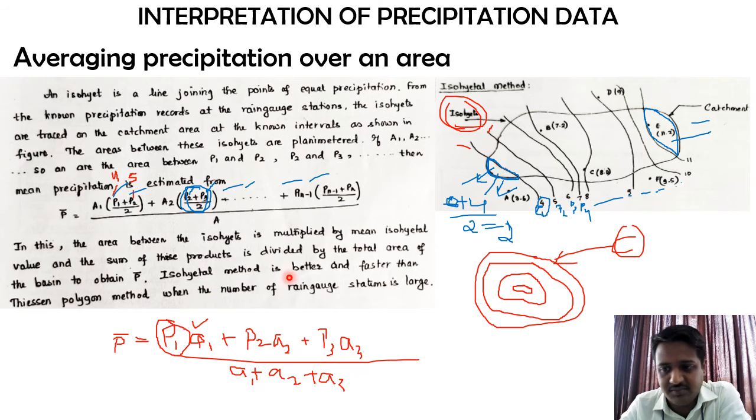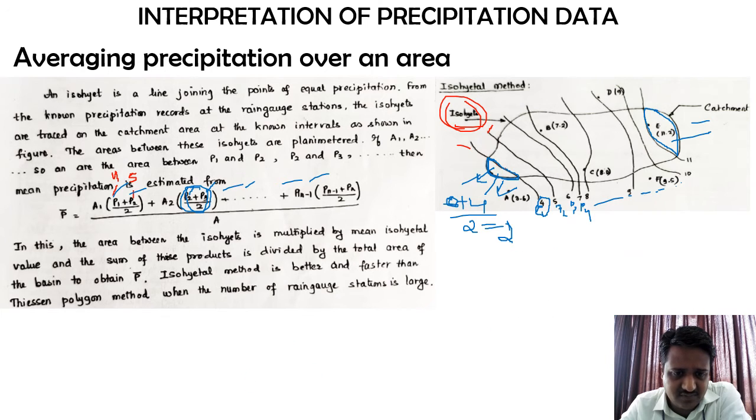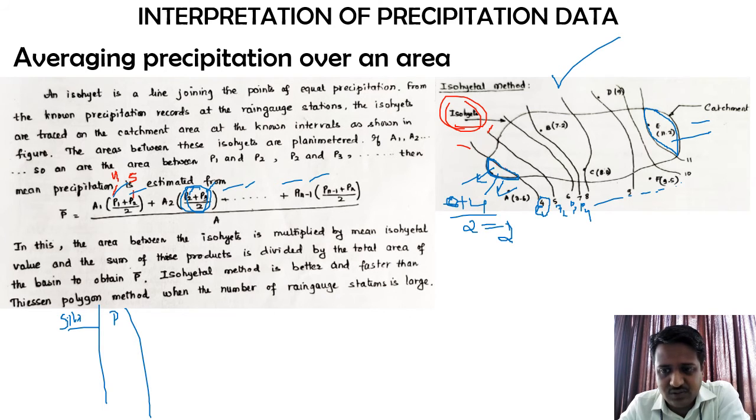Here, from the point of view of your examination, the data might be given to you in two or three ways, so we can solve these problems in two or three ways. First, they might give you some statistical data which you need to initially tabulate. What I mean is, they may give you the station name, then the rainfall data collected for those stations, along with the area between those particular stations.